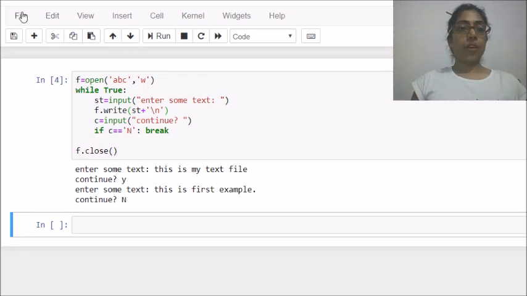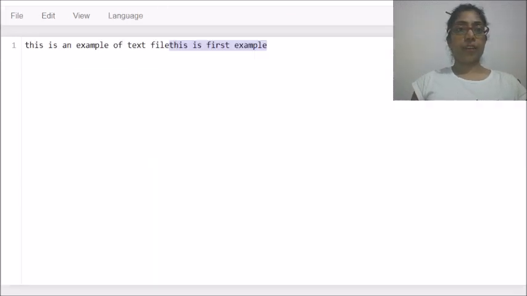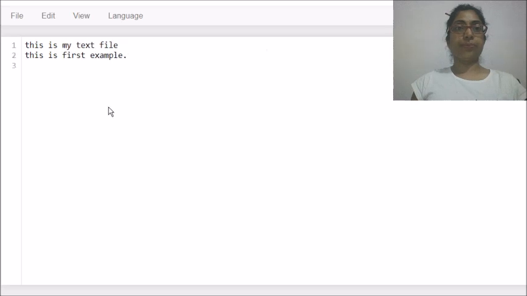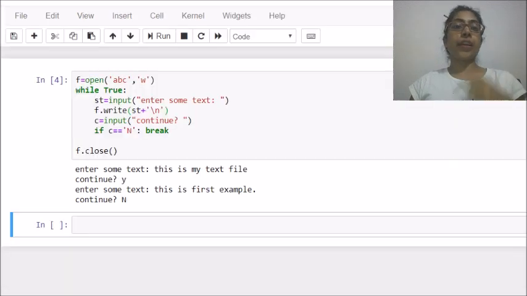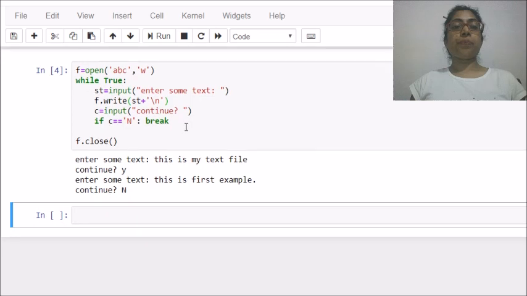No. Now I just check my file, what happened here. You can see a new line character got inserted after my first line, and then the second line is here. So this is how you can take input from the user and write it in the text file.